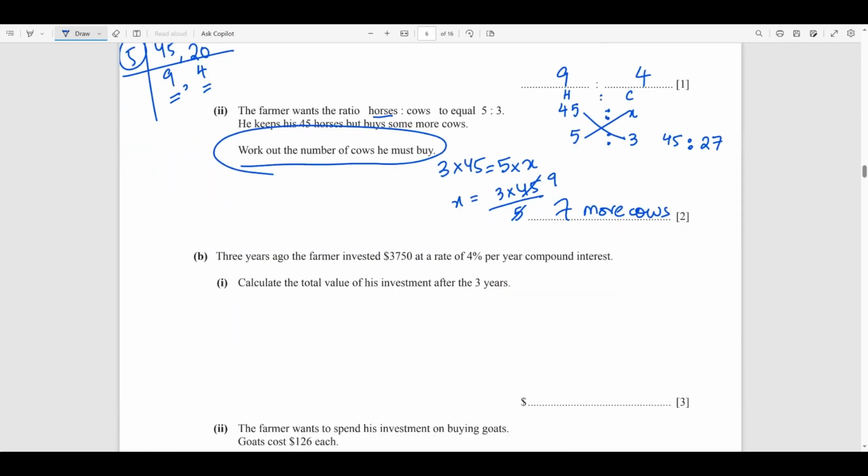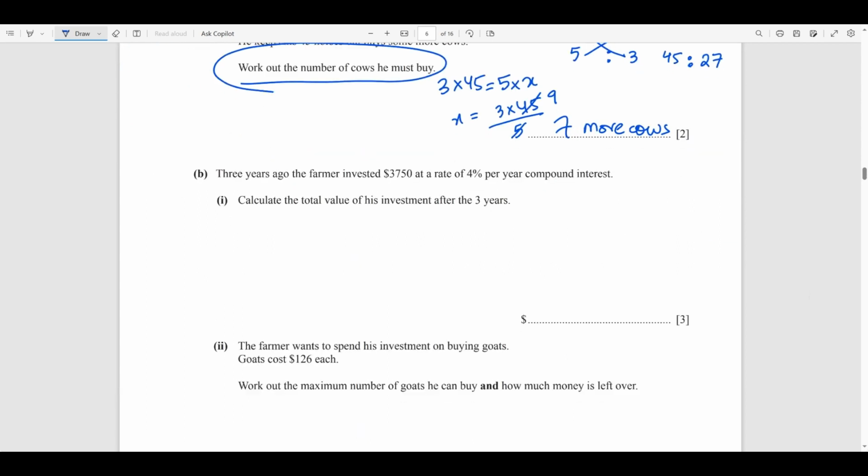3 years ago, the farmer invested, okay, this is the calculator question, right? So this is the principal amount which is invested. This is the rate and compound interest, all right. After 3 years compounded. The formula is amount. This is the total amount compounded at the end, which basically includes the principal amount and the interest amount. So the formula is